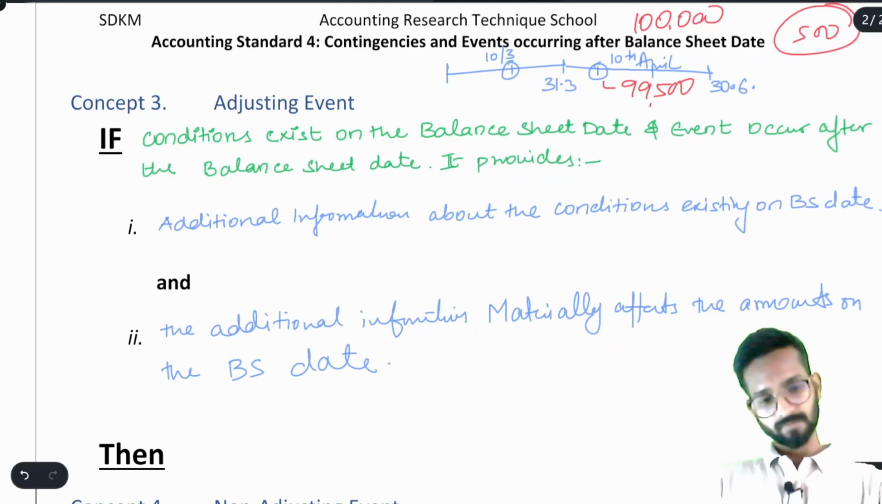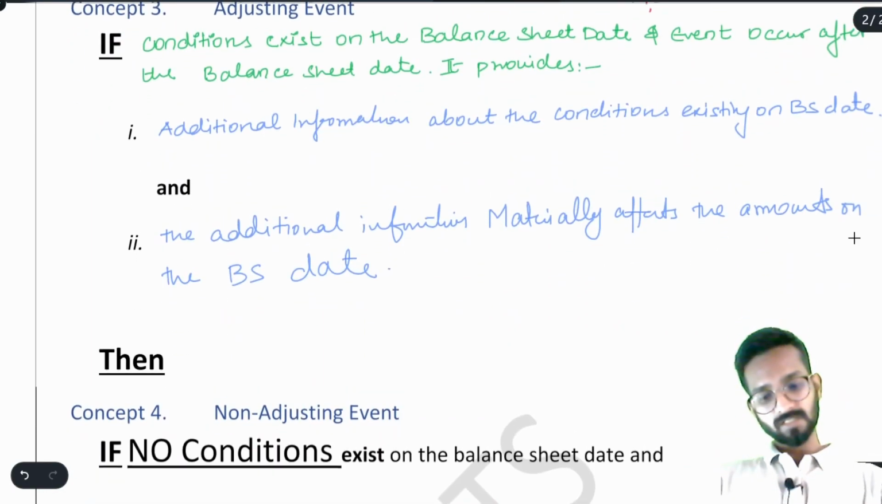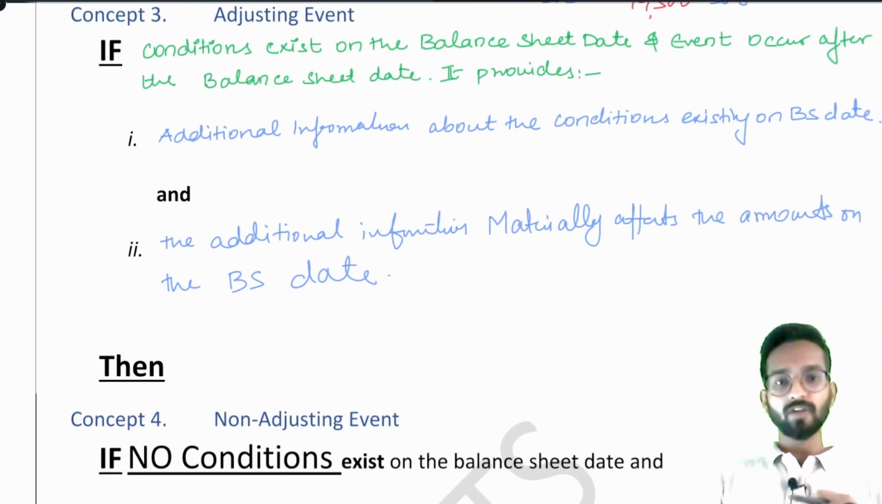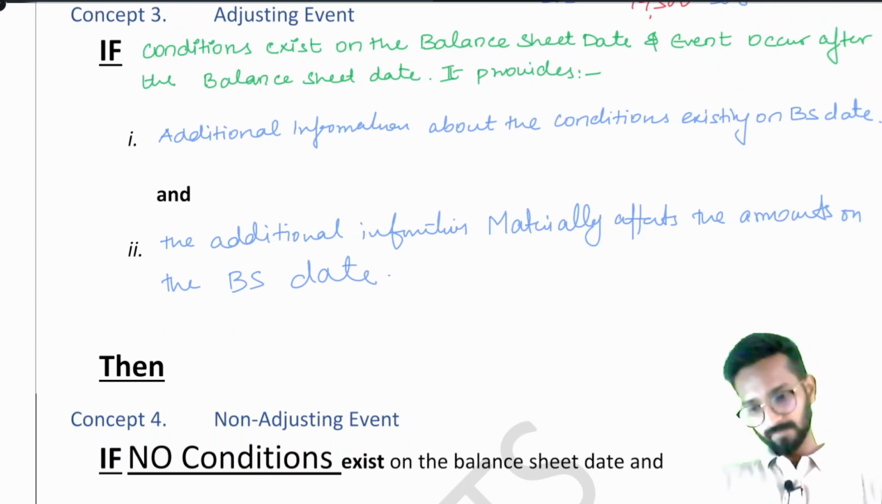Now, after this, this is the adjusting event. Already happened. Contingency was there. Condition was there. Event also happened. My debtor said that I will not pay you anything. Okay. Entire 1 lakh has become bad. Then what do I have to do? Then